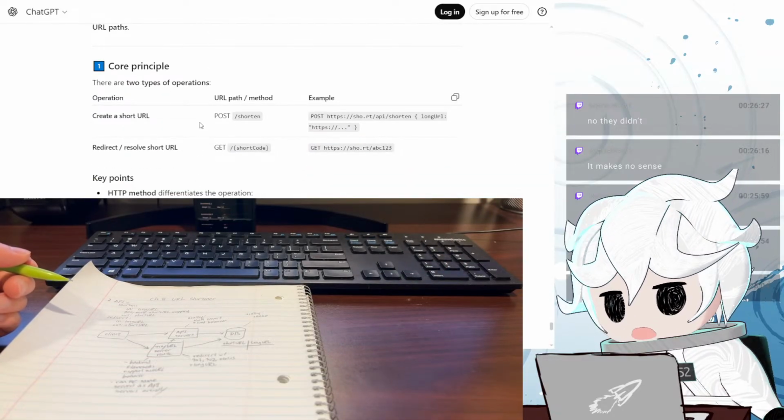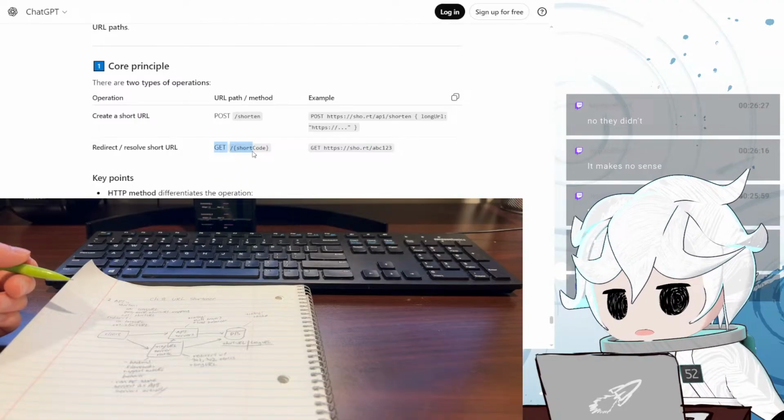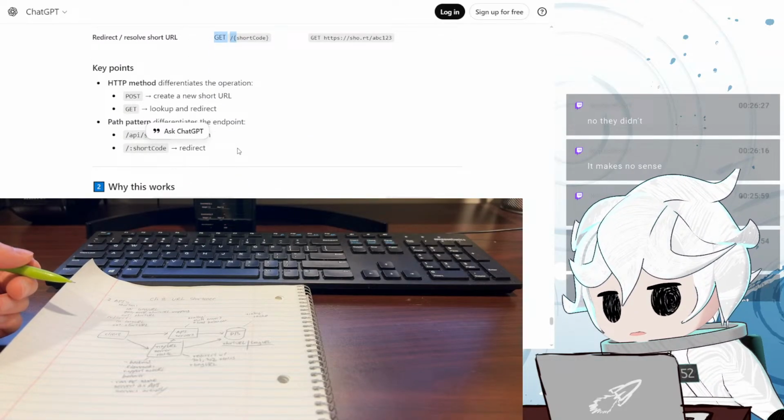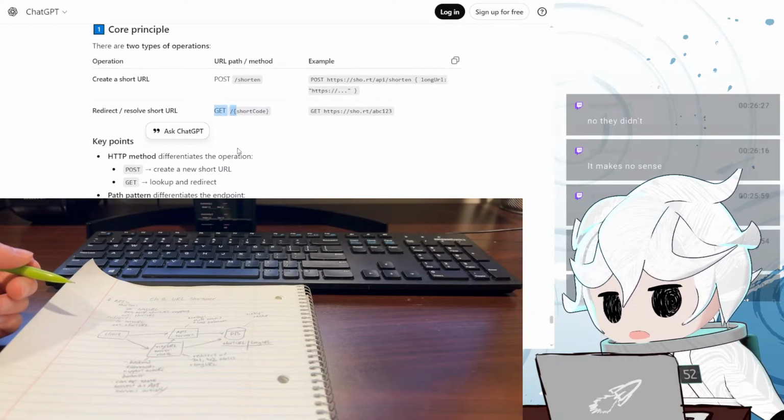Oh, we can distinguish between a post and get method. Create will be a post, redirect will be a get. Oh, okay.